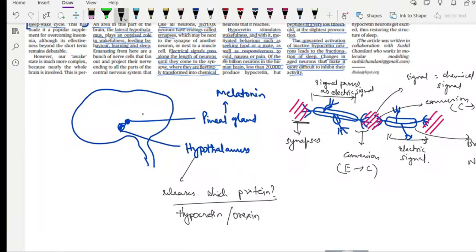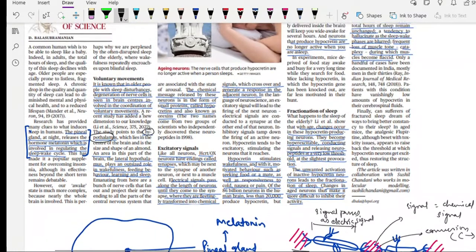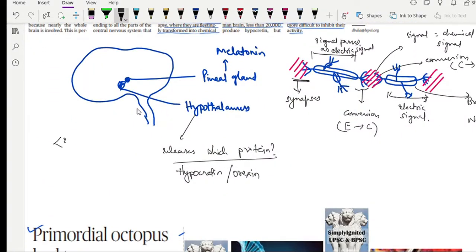So, what does this hypocretin do? Hypocretin controls these things: wakefulness, mating activities, and your eating activities. These are controlled by this thing only, and it is responsive to cold, nausea, and pain. Of 86 billion neurons, the human brain has less than 20,000 that produce hypocretin. Okay, so only less than 20,000 neurons produce